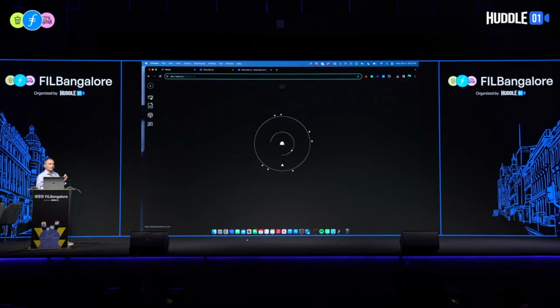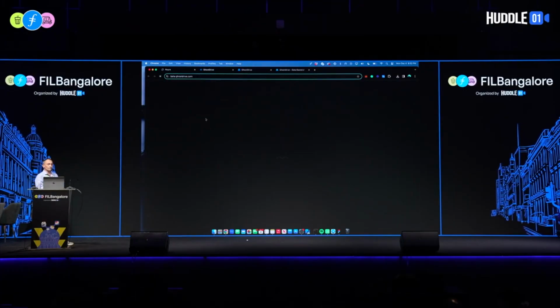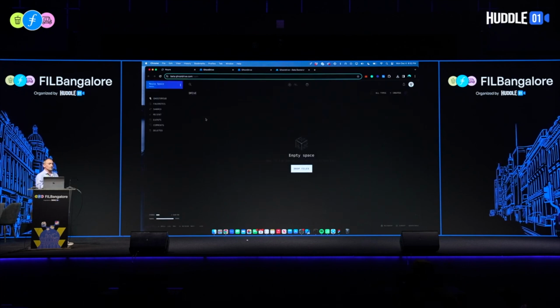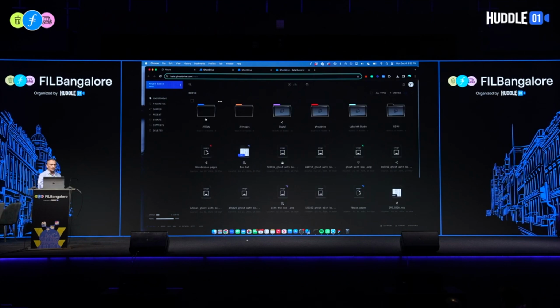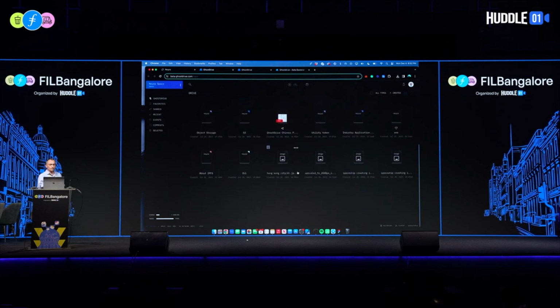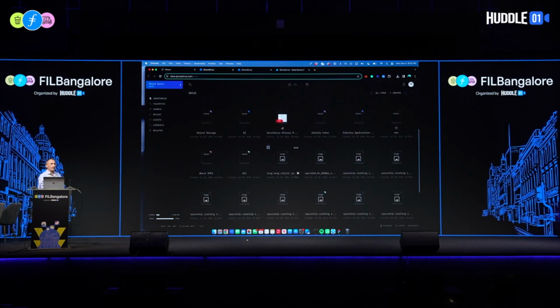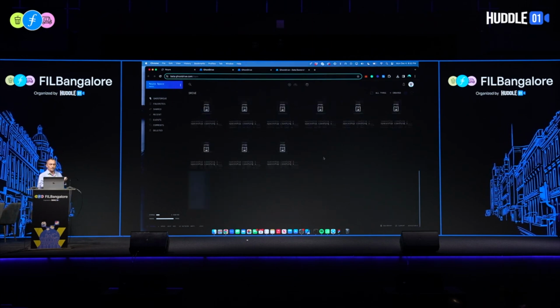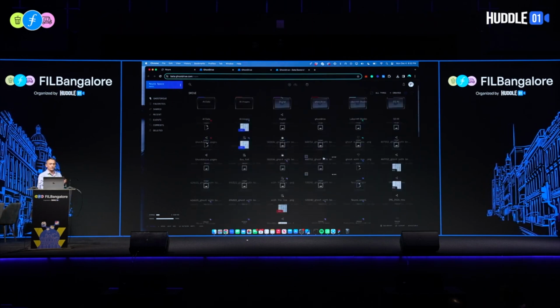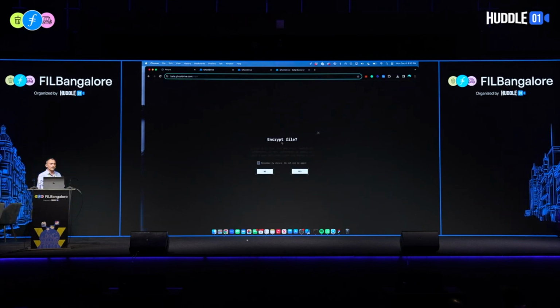So this is Ghost Drive, and now I'm going to my workspace, and this is all my data, right? This is all my files, information, my PDFs, my Google Docs, anything can be located in that space. You have the ability, with one click, to upload.